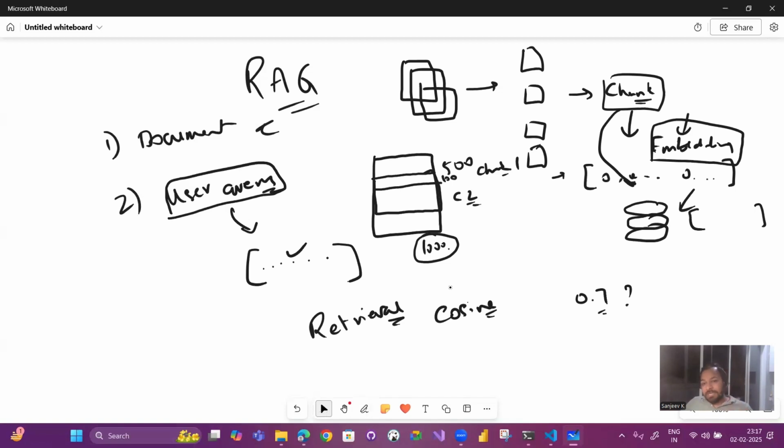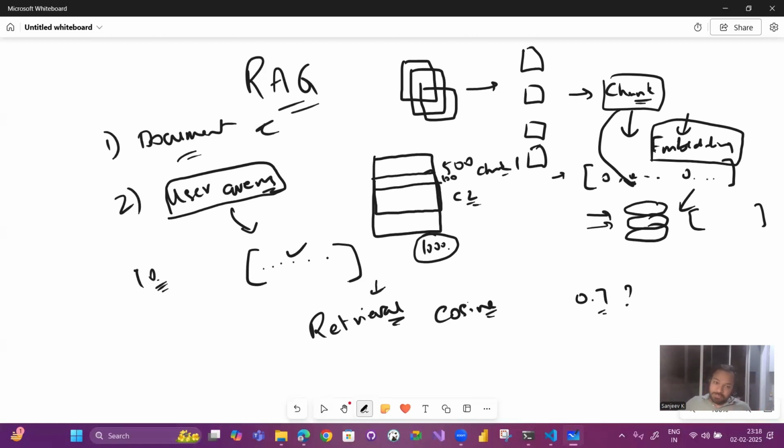This retrieval happens in this vector database. So given a question, we are going to convert that question to embeddings, and between the embeddings of the user query and the storage that came from the documents, we're going to run some kind of cosine similarity and get the closest documents. Let us say that we get the top k, like 10 documents. Until now, we did not invoke the large language model. We only have the embeddings.